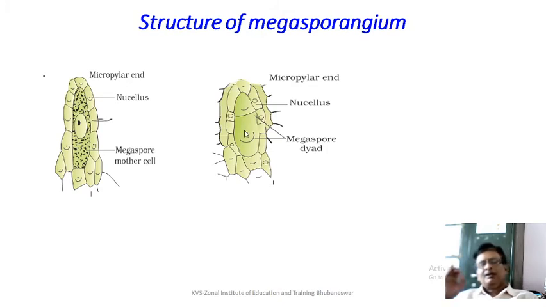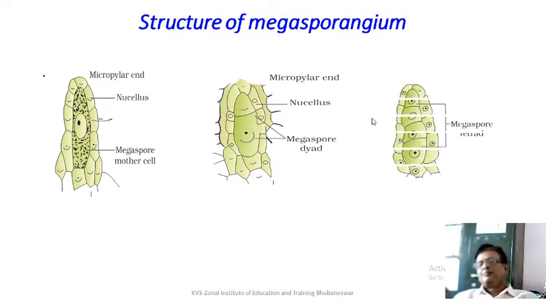Remember, in meiosis, there are 2 stages of development. A cell divides into 2, where the chromosome number is reduced to half. You call it the reductional division. So here you can see 2 cells which are formed inside the embryo sac, resulting in further division. You call it the equational division. So the outcome of meiosis is 4 daughter cells. You find 4 daughter cells here, and the ploidy will be n in all the cells, arranged in a linear fashion. You call it the linear tetrad, or the megaspore tetrad.